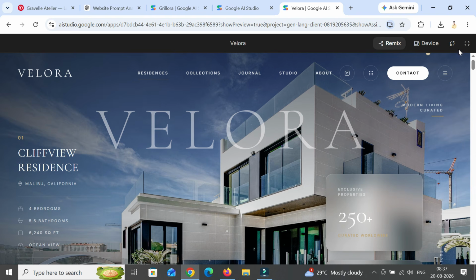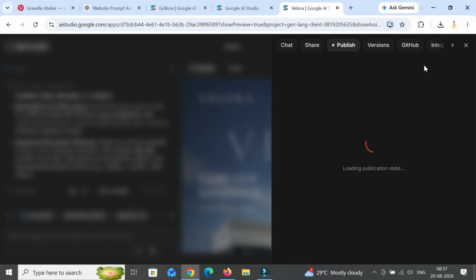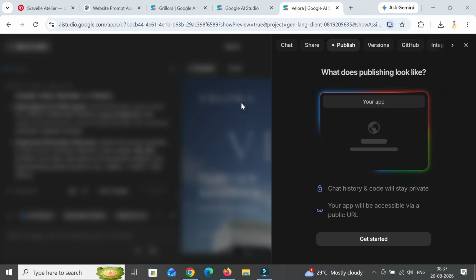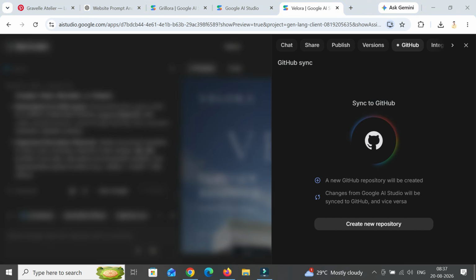So in order to do that, let's click on leave full screen, and after that click on this publish button. Okay, and you have two options. Either you can use the Google inbuilt system of publishing this website with a URL, but you need to include your credit card or debit card for the billing information. So if you don't want to provide that information, then you can simply select this GitHub option